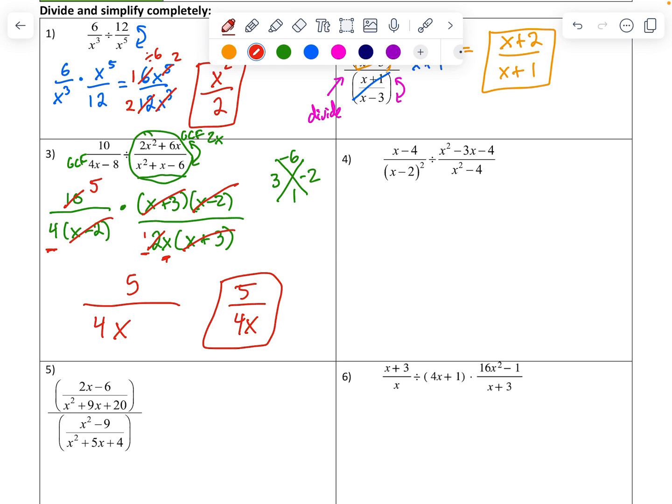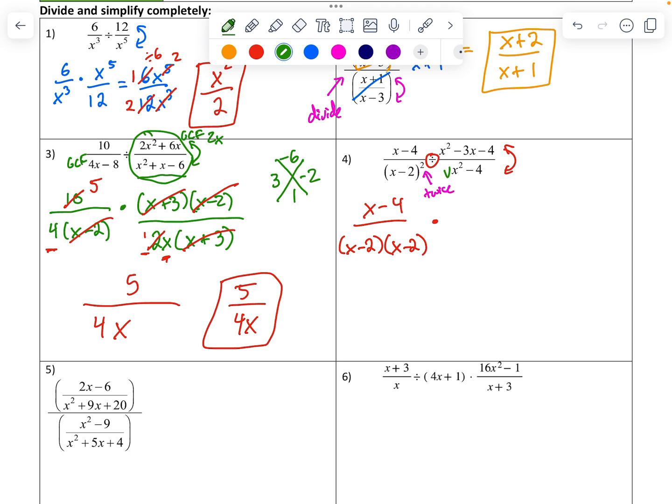All right, looking at number 2, I know I'm going to have to flip this because I see that division sign. As I rewrite it, I'm going to notice any factoring that I can do. So I've got x minus 4. Ooh, if I see something squared, we know that means it happens twice. So this x minus 2 is going to happen, and then another x minus 2 will happen because it's squared. I want to write them out so that I can try to cancel them. And then multiplying by,